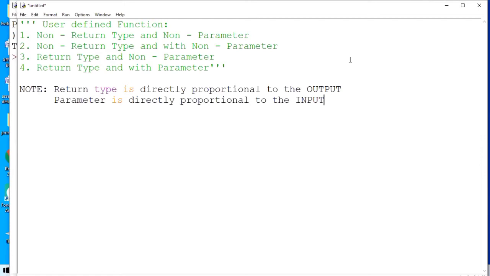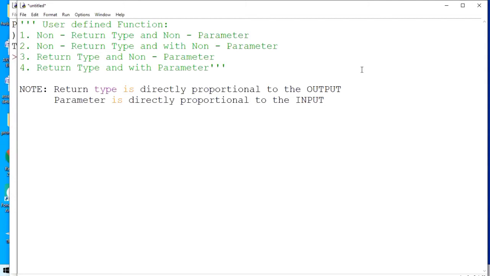Second option, I need to drink orange juice, but I am not providing you any oranges. In that case, you have to purchase your own orange, and from that orange you need to make the orange juice and provide it to me. So this would be the example of non-parameter. So this is how a function can be distinguished.